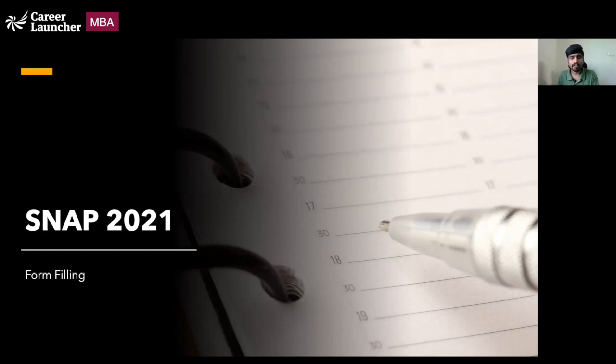the courses that you are applying to, because you will be asked to pay separately for each individual course that you are applying. So every course that you are applying is going to cost you $1,000. So please be very judicious, know your weaknesses, know your strengths, know your targets, and hence select the colleges accordingly. I'll take you through the entire process, starting from registration to the final payment.